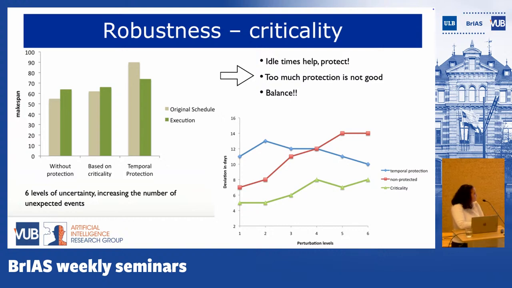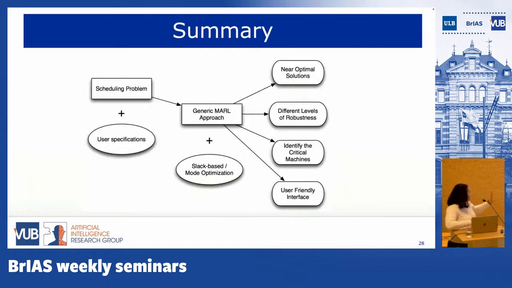For the non-protected version, then you start somewhere in between, but you didn't protect, so you will start going up in the deviation as the number of unexpected events increase. And in our case, in the Greek one, we are able to more or less stay stable by taking into account these 2 constraints. So up to here, we were able to have,